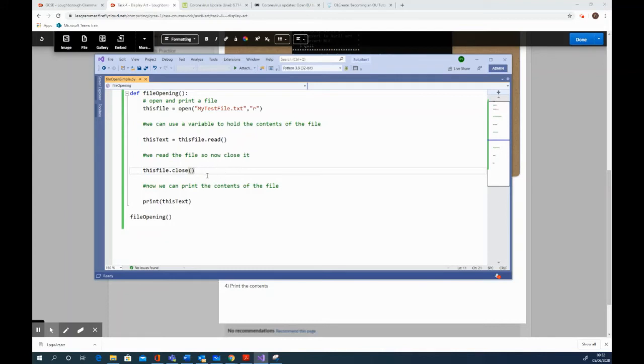We can close that file. We should close the file because otherwise it will just remain open and it could cause us problems later on. So we need to close the file when we finish with it, and I have finished with it now. And then we can simply print the contents by printing the variable this text, because that's where all of them are. So if we run